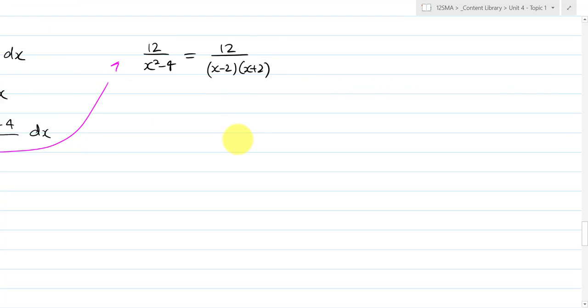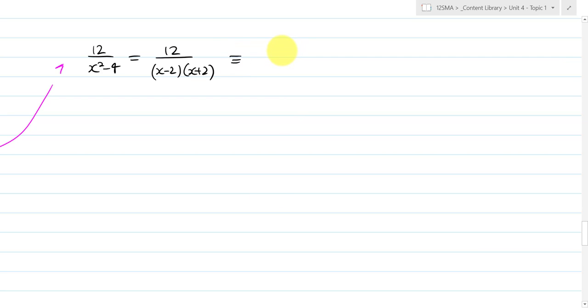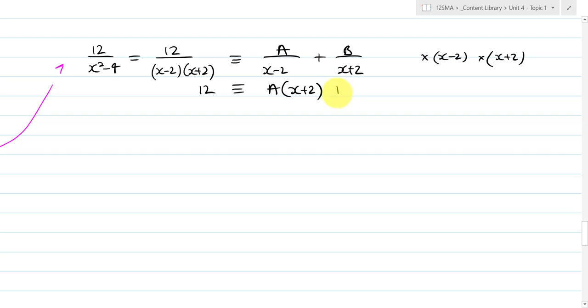So this is a fairly easy partial fraction, and that's equivalent to a over x minus 2 plus b over x plus 2, and I do that multiplication, giving me 12 is identical to a(x plus 2) plus b(x minus 2),